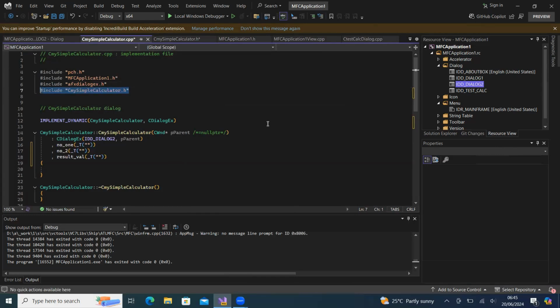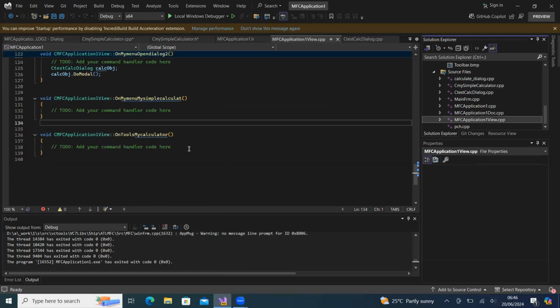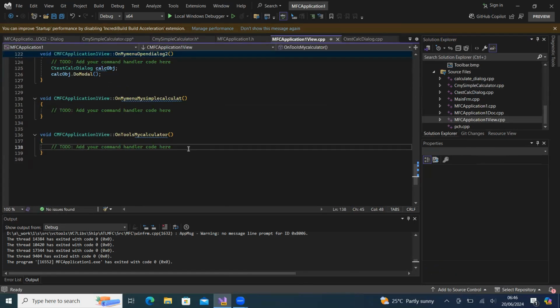I need this header file for calling this class object. In our application, I'm going to call this dialog from our view. So I'm going to